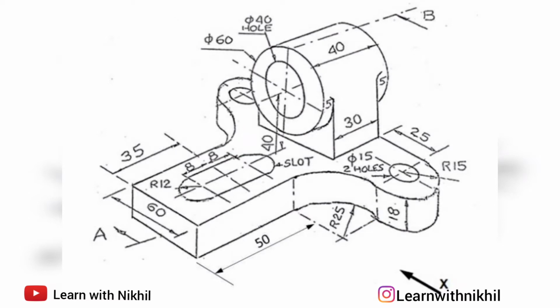Finally the total width from the side view will be, at the center you can see 60 millimeters. Now the other two parts are in symmetry. On the right side you can see there is a curve of 25, so 60 plus 25, and the remaining part, that is the radius of the semicircle, that is 15. So on this side it is 25 plus 15, that is 40. On the other side it will also be 40. So the total width is 60 plus 40 plus 40, that is 140 millimeters.